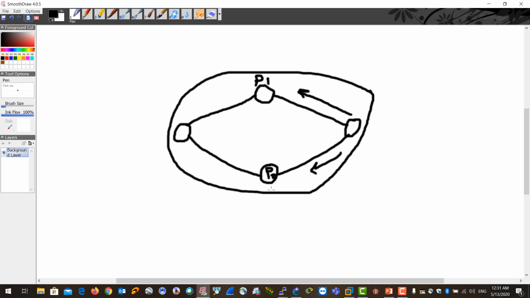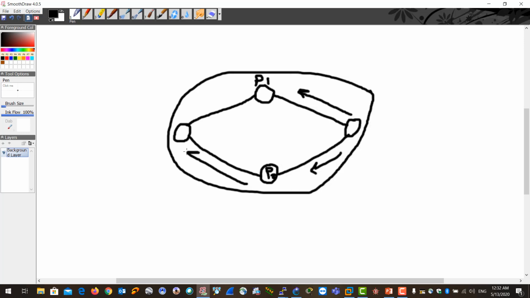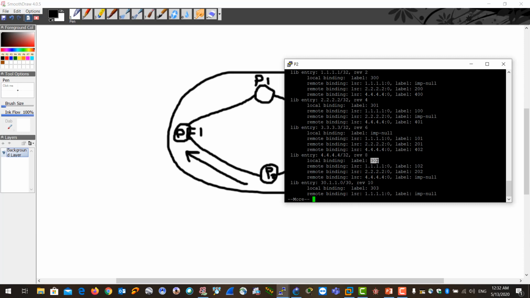Now B2 assigned a label 302 as a local label and advertised it to PE1. So the label here is 302,